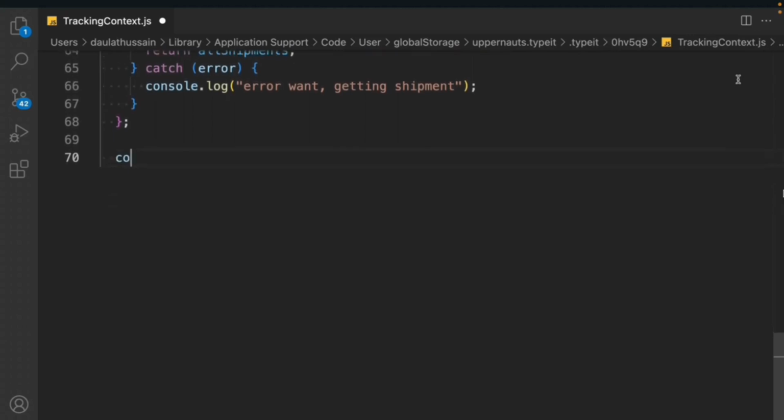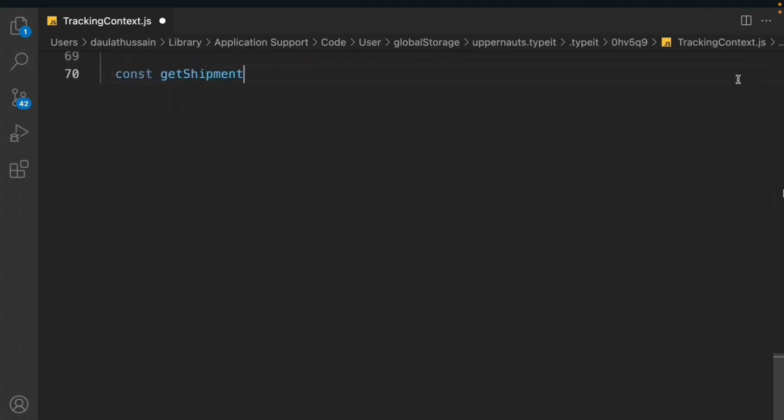Looks fine. Let's write the third function we have, called getShipmentsCount. So this will allow us to get how many shipments the user has done. It's going to be an async function, and again we are not making any changes in the state variable, so we don't need to pass any argument. We have to build